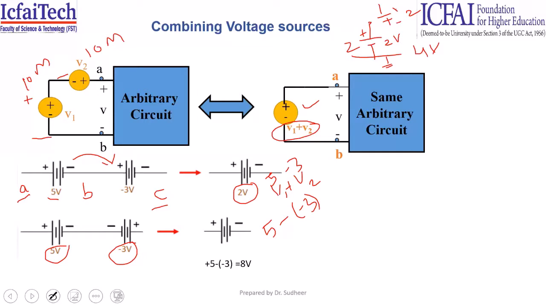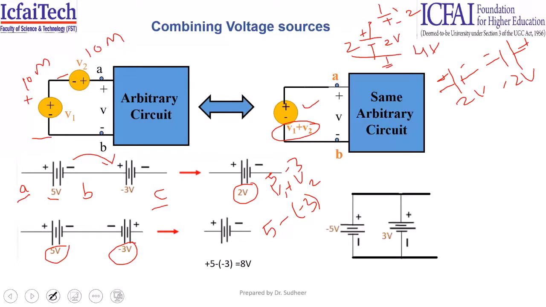Whenever a positive and negative sign is given, then it is almost equivalent to writing minus 2 volts. Both are the same. Whenever you have a negative value, it means B is at lesser potential compared to C: VCB will become 3 volts, and VBC will be minus 3 volts.